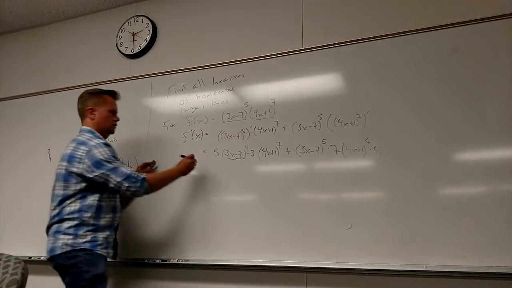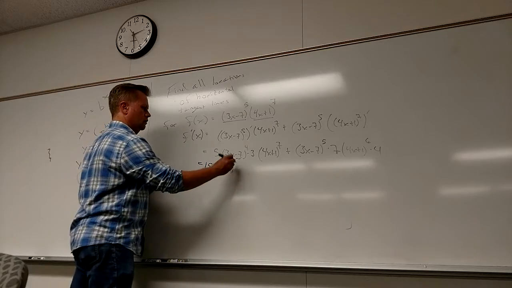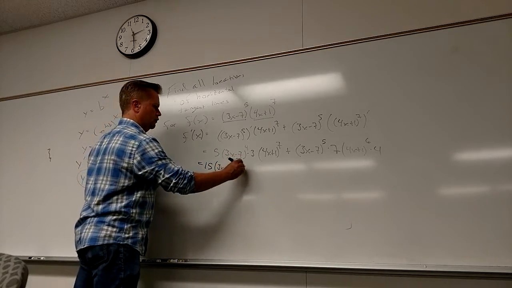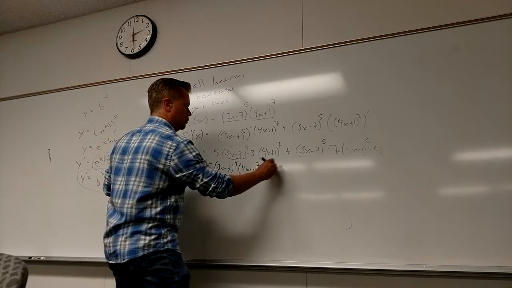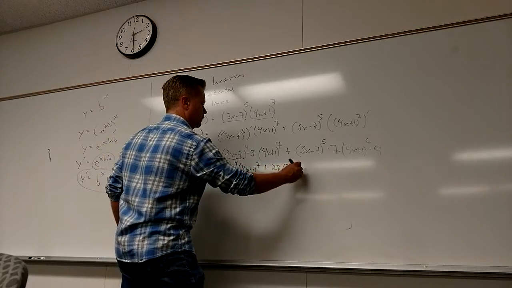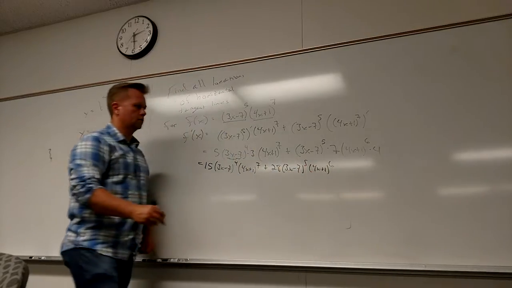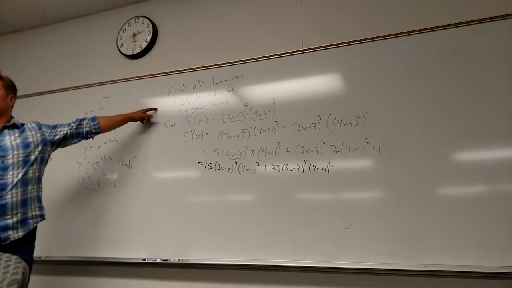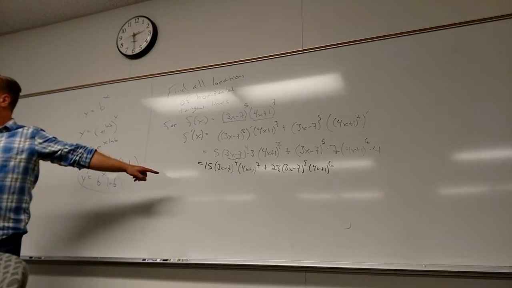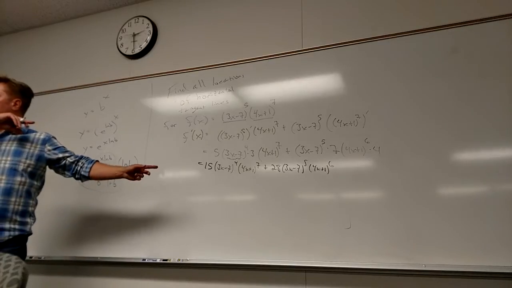So this is 15 times (3x minus 7) to the 4th times (4x plus 1) to the 7th, plus 28 times (3x minus 7) to the 5th times (4x plus 1) to the 6th. I'm trying to find the location of all the horizontal tangent lines. So what do I have to do with this? You kind of gave it away earlier. So that equal to 0, and then I have to